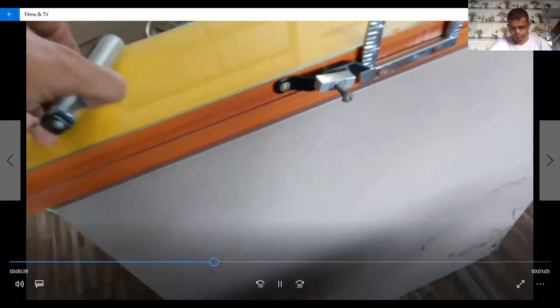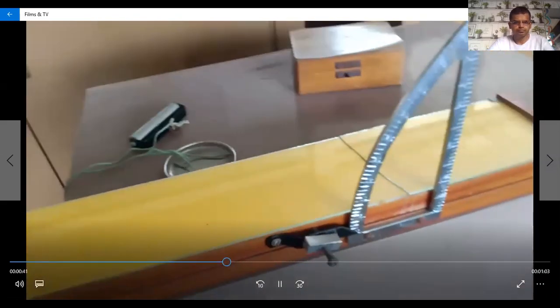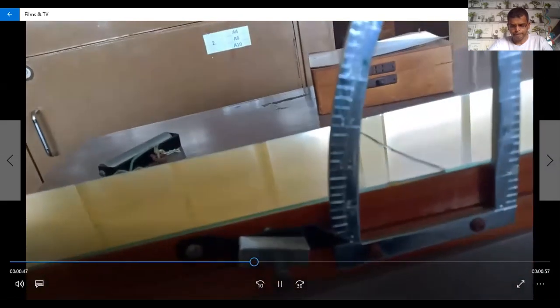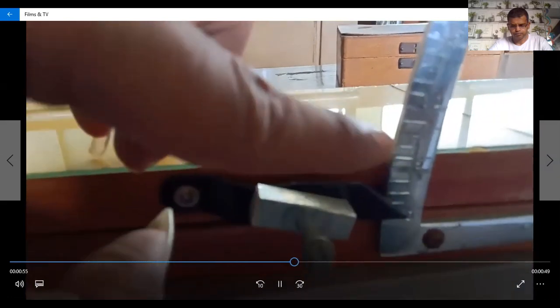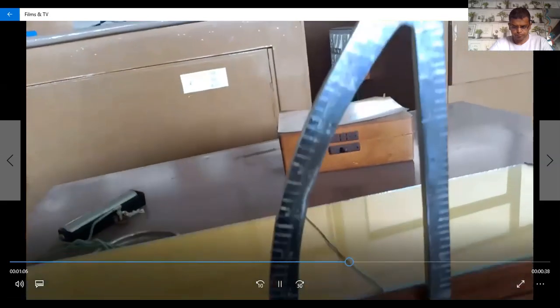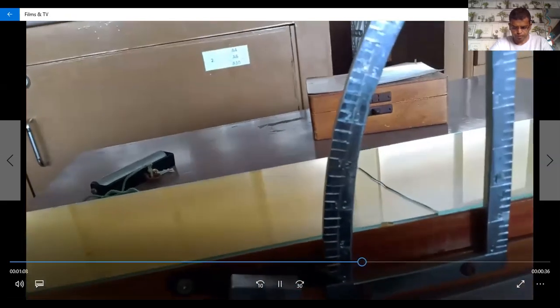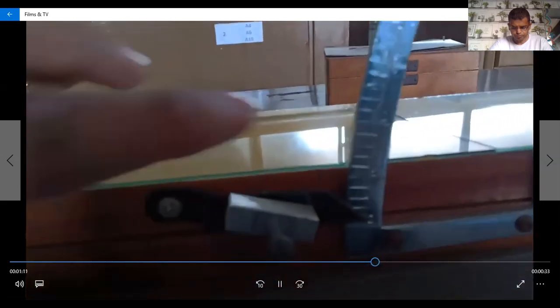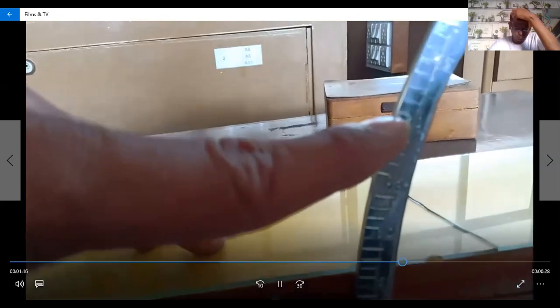But what is the difference in this practical? The difference here is that you use an angle. You check values starting with 0, then after 5 angle, 10, 15, 20, 25, 30, 35, 40 and going up to 50 angle. In this practical we use some angles here. Suppose starting from 5 degrees, then 10, 15, 20, up to the last.